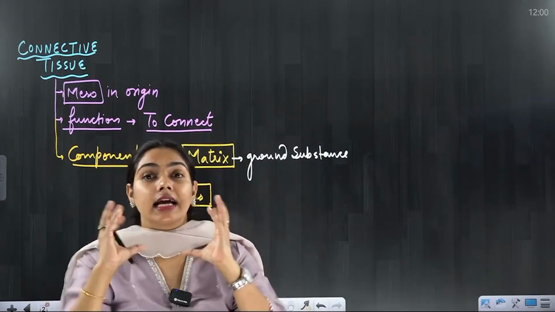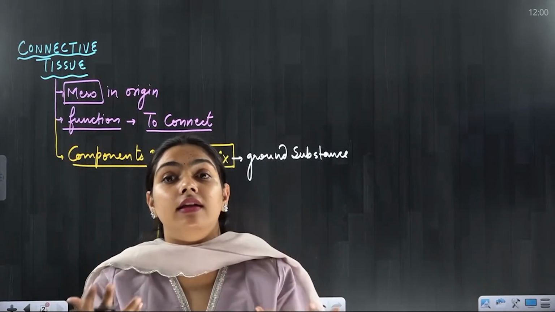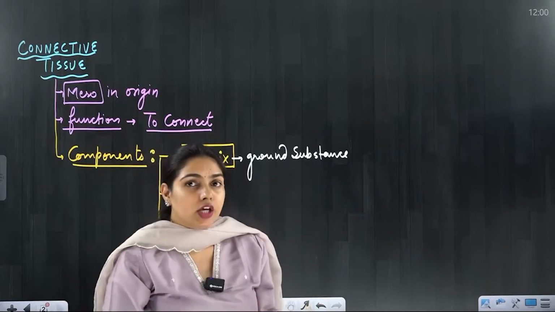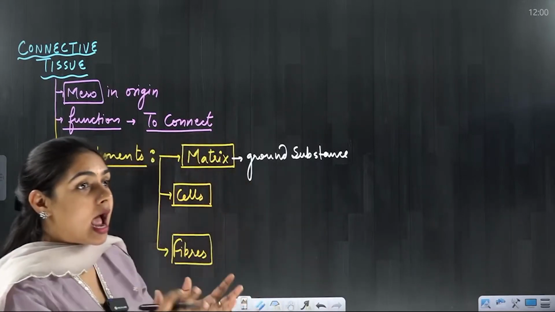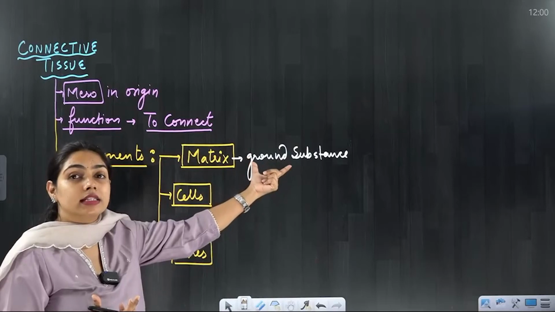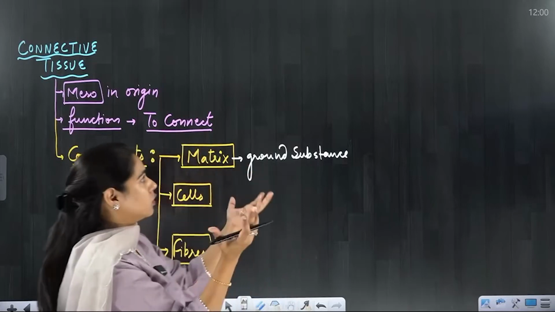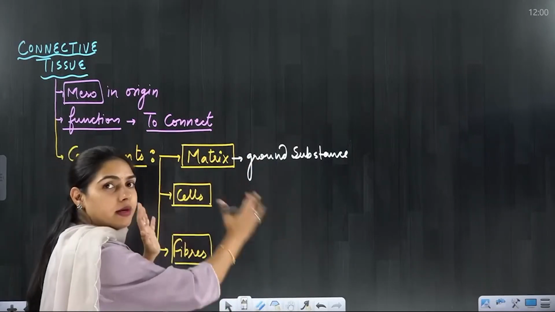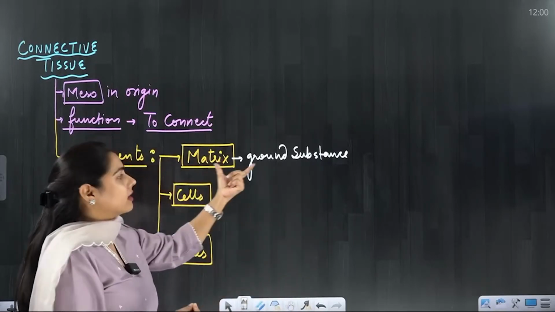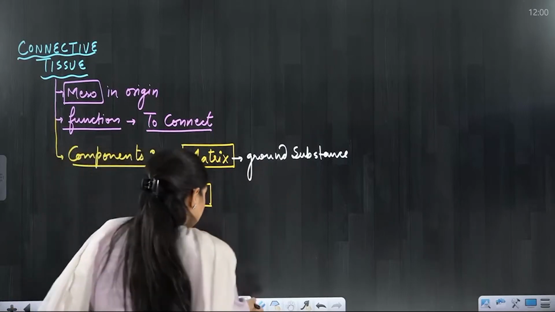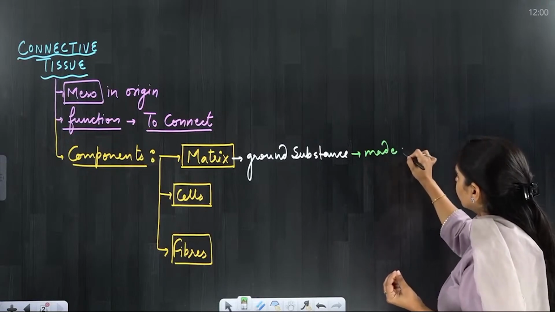Just like that, connective tissue has also so many cells and fibers, but where are these cells and fibers present? They are present in the ground substance, the matrix. And this matrix is made up of what? Just like the studio has a room, a setup, this board, this camera, everything, this matrix is also made up of a few substances. Those substances are,